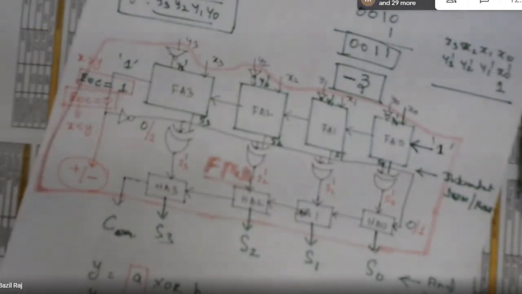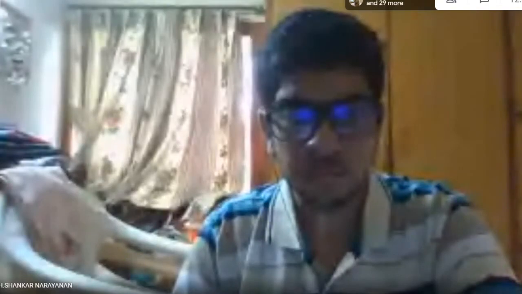If you feed 128 bits, not in a 7 series FPGA, in less than 6 and below. No, I'm not asking. If you feed 128 bits, X is 128 bits. No, sir, I'm not asking about the number of bits. I'm asking, suppose we have 4 bits, a 4-bit addition we need to perform. Then in that case, what should be the bit combination of X and Y? That's what I'm asking. Bit combination of X and Y means 2 to the power 4, 0 to 15. Sir, what do you mean by bit combination here?